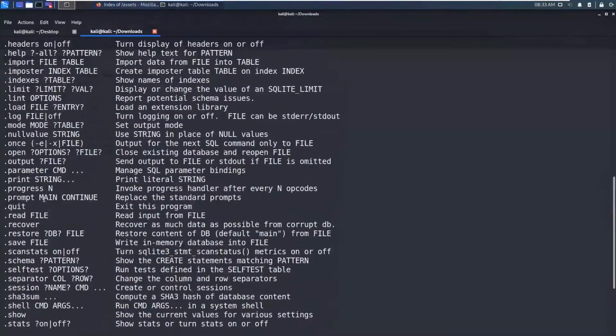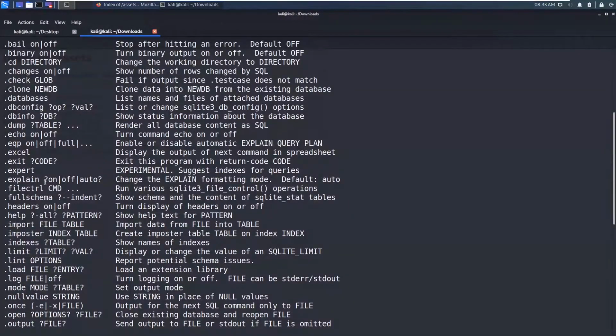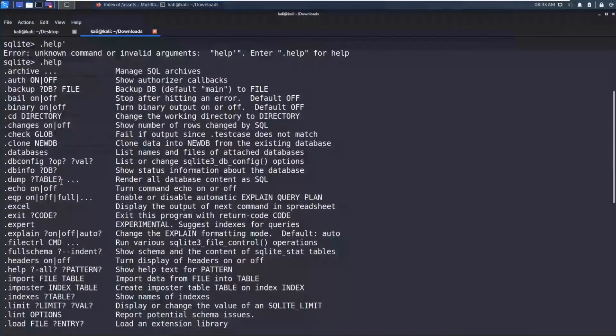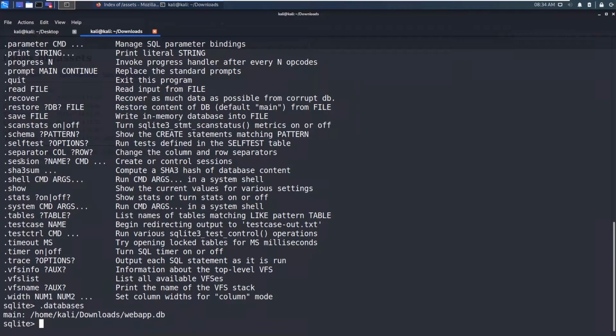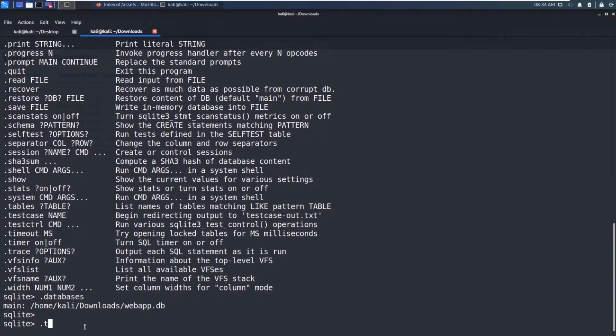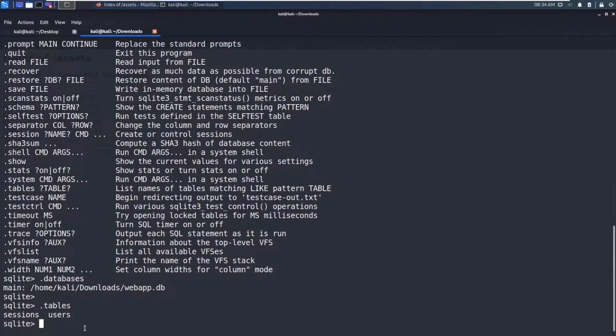Unfortunately, first I tried with SQL queries, then I just got stuck. So now what we have to do is say .databases. Okay, this is the database file. Sorry, we need to list the tables.